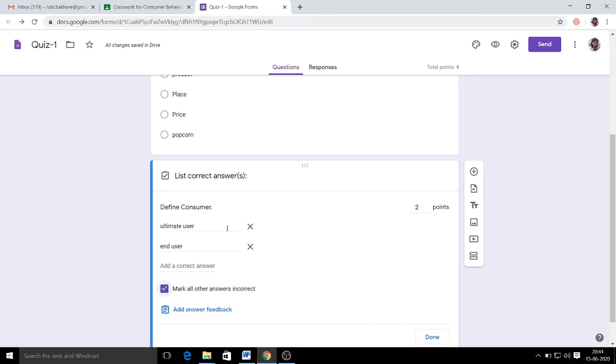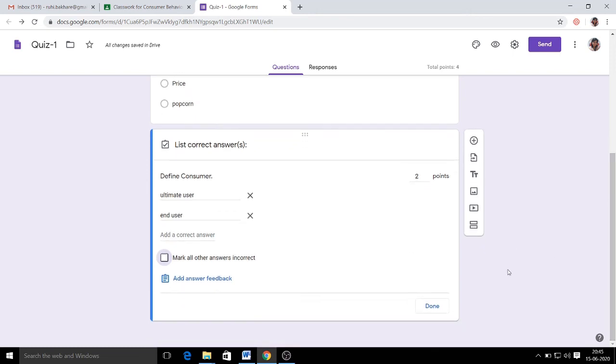Once you have given the key points, the keywords over here, this quiz will automatically search for these two keywords in the definition submitted by the student, and if it doesn't find any of these keywords, it will mark it as incorrect. And if you do not tick it, despite giving these two keywords, it will accept whatever answers the students have submitted.